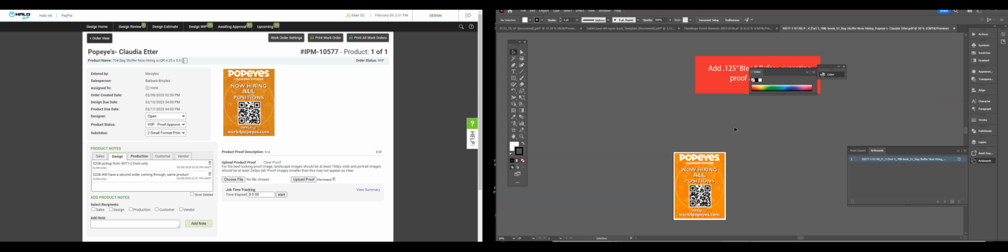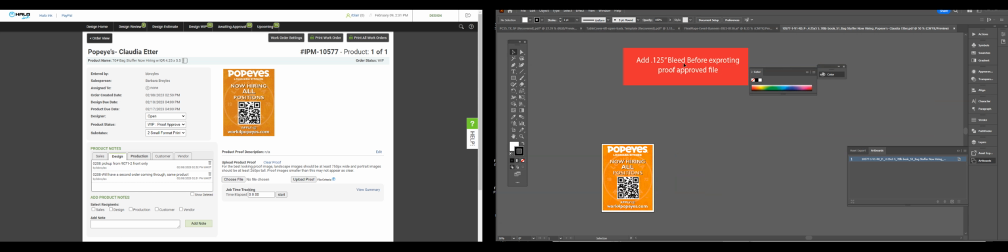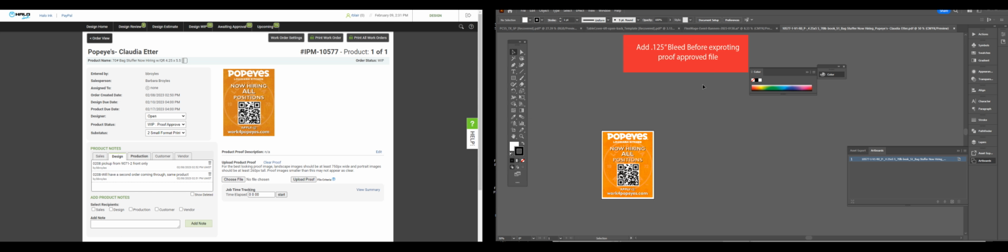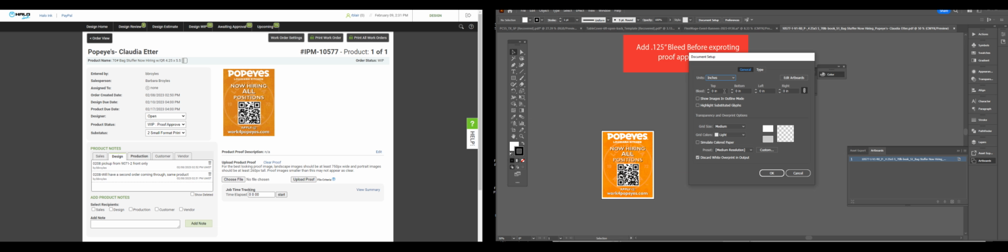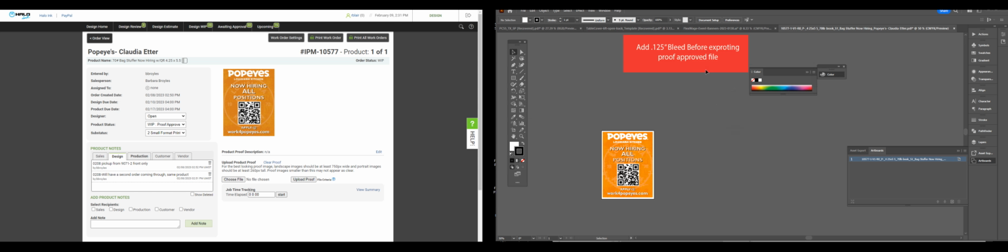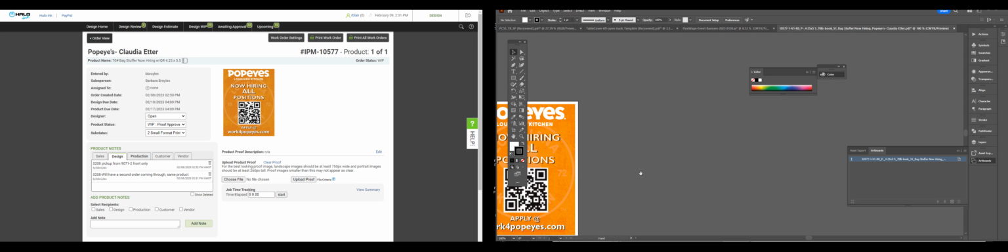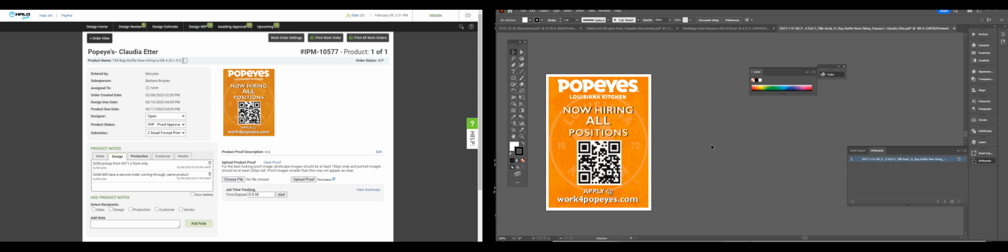So I've got it open right here. We can see that we have notes up here that say add a bleed before exporting proof-approved file. So what we're going to do is we're just going to go up here to document setup, and we're going to click once. And now what we're going to do is we're going to make sure that we've got this little chain link selected. That's what it looks like, deselected. Select it, and we're going to do 0.125. And it doesn't look like it did anything. But if we turn on our guides using control semicolon, you can see that it added this red shape around